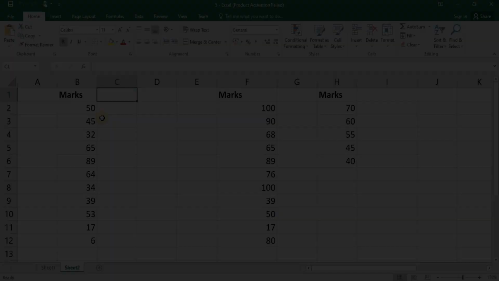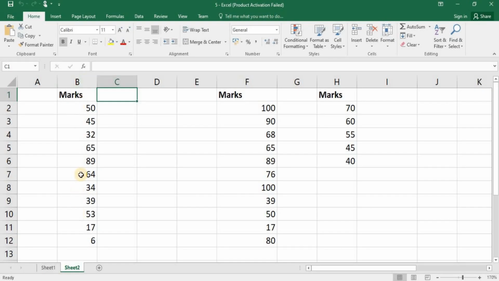Let's go to Excel. Here I have student marks. In this, I want to identify the cells where the marks are below 35. Then I want to change the text color and cell color only for those cells. There is no need to do it one by one manually. We have an option called conditional formatting. We'll apply and see that.